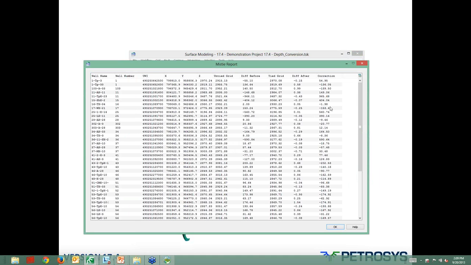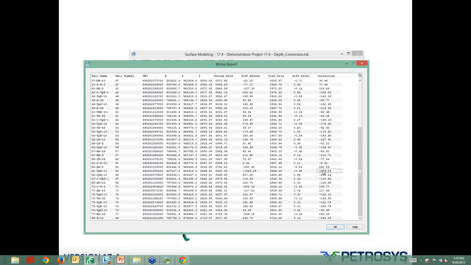You can see that this is really good for QCing your well and depth converted grids. I can actually highlight wells that may have 1,000 feet of correction. I could go back and make sure that this well actually has all the correct values, and also make sure that my seismic picks around that area